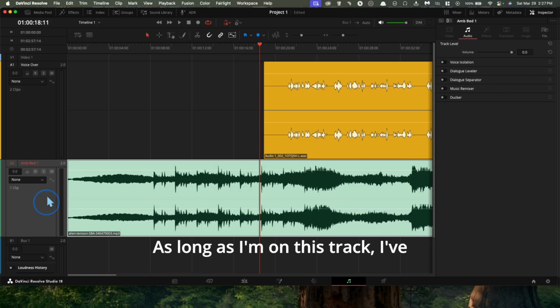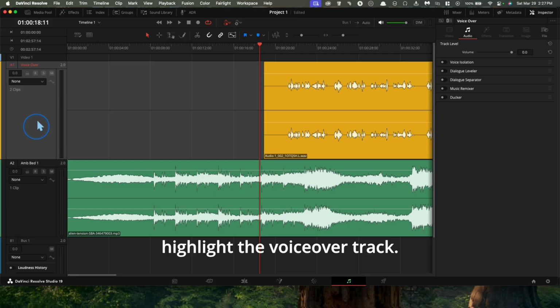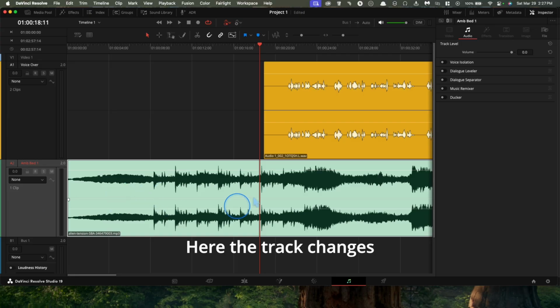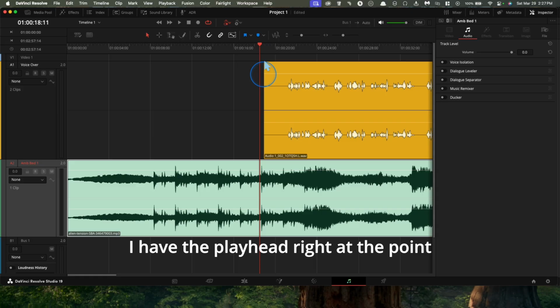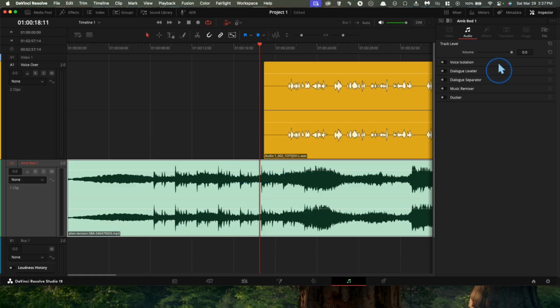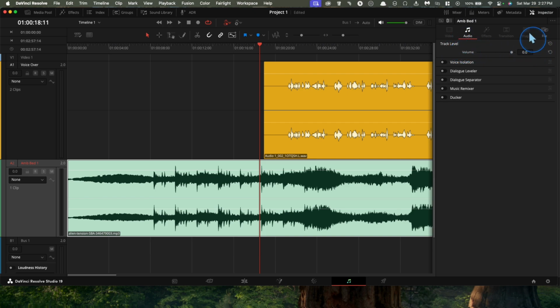As long as I'm on this track, I've highlighted this track. You can see the difference when I highlight the voiceover track. It gets grayed out, and then this changes. And so here, the track changes and this gets grayed out. So I am indeed working on this track right now. I have the playhead right at the point where I want the music to start dipping. And I'm going to go to track level here, and I am going to